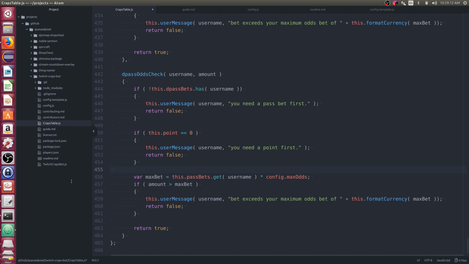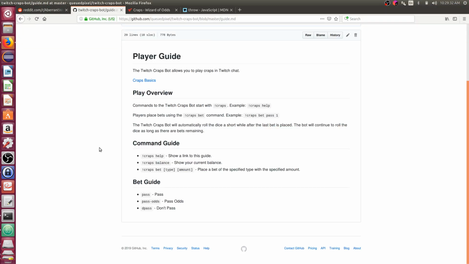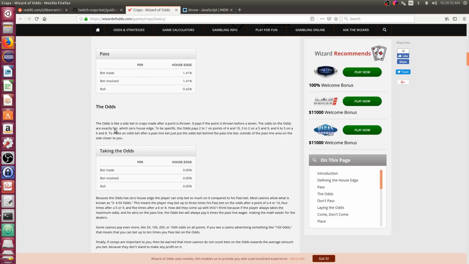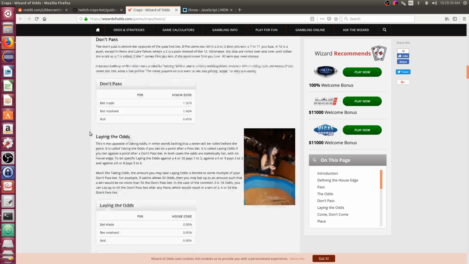Or max bet is different, because the don't odds, similar to the odds bet, pay out using the exact possibility of winning or losing. And so let's go look at the guide here for don't pass. We have the odds, we have don't pass,